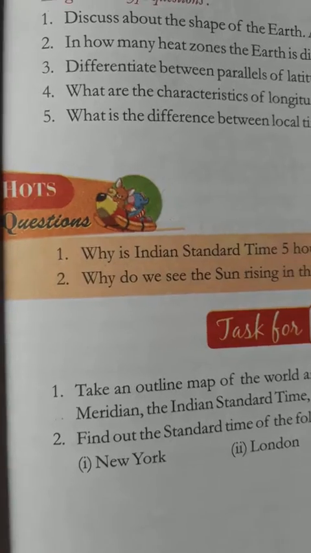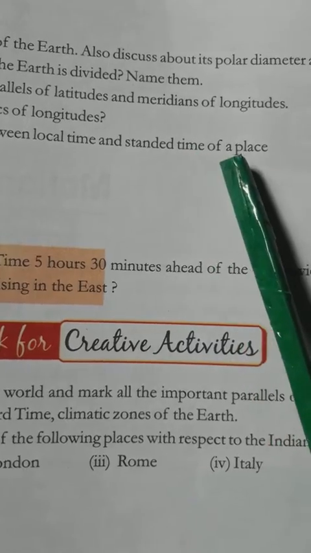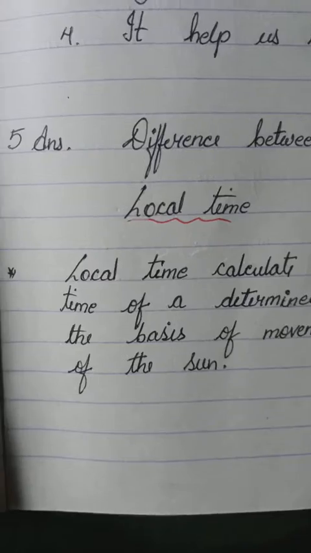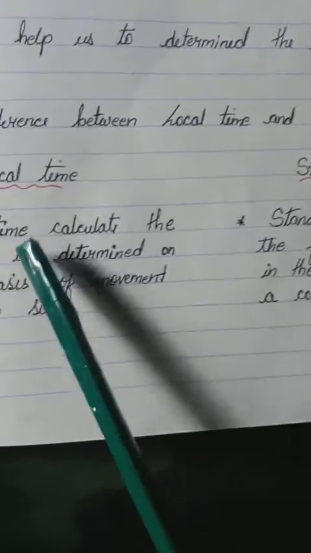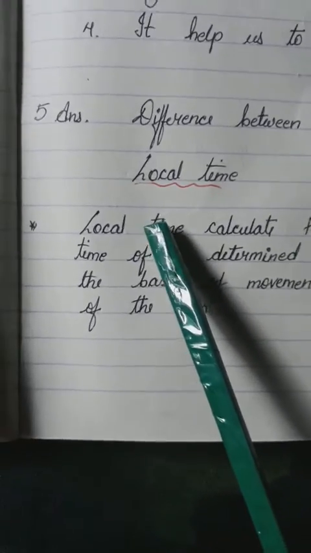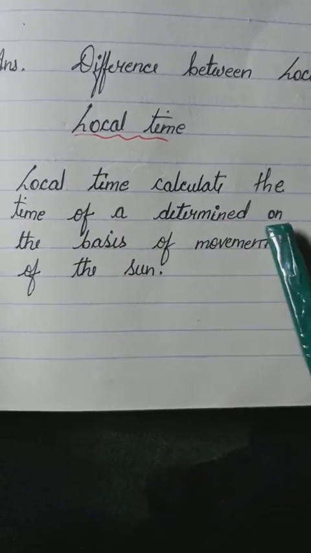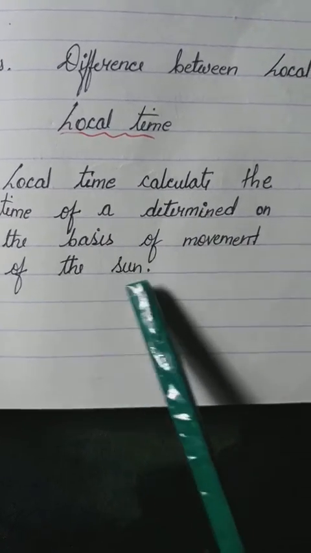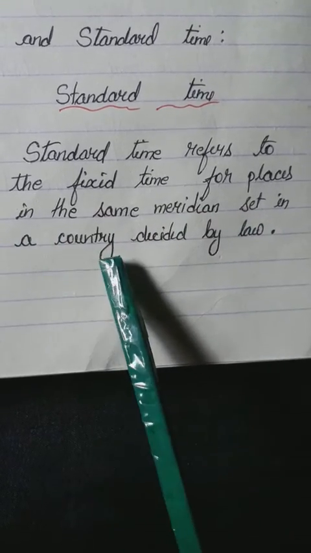Number 5. What is the difference between local time and standard time of a place? The answer: difference between local time and standard time. So you make 2 columns, local time and standard time. Local time calculates the time of a place on the basis of the movement of the sun. Standard time refers to the fixed time for places in the same meridian set in a country decided